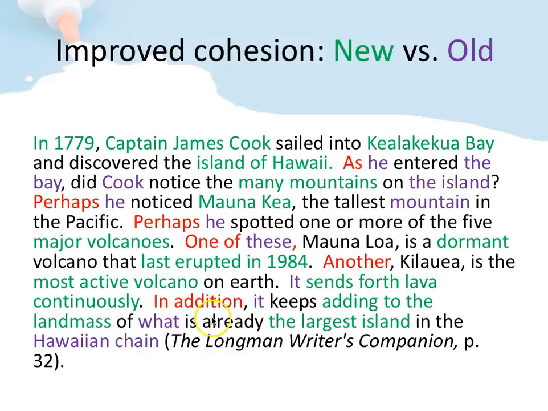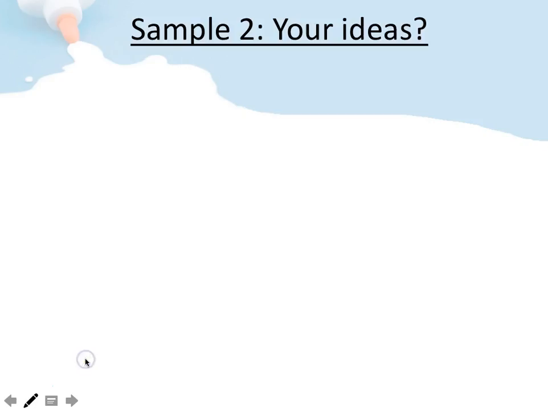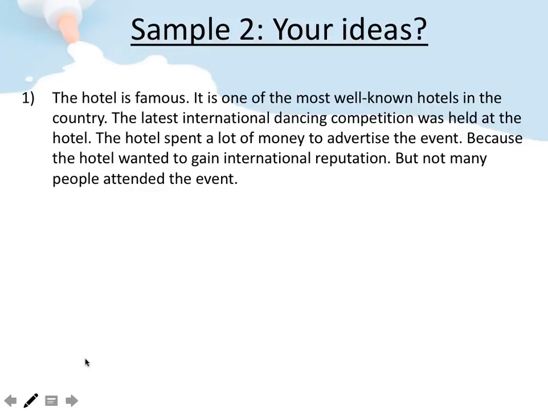What I notice here is that every sentence gives a piece of old information before giving new information. Again, old information and then new information. So this is one really important technique that we can use to improve cohesion. Number two gives a few other examples. And so again, I recommend that you use your ideas first. Go back and read this and think about it, and then come back and let's look at